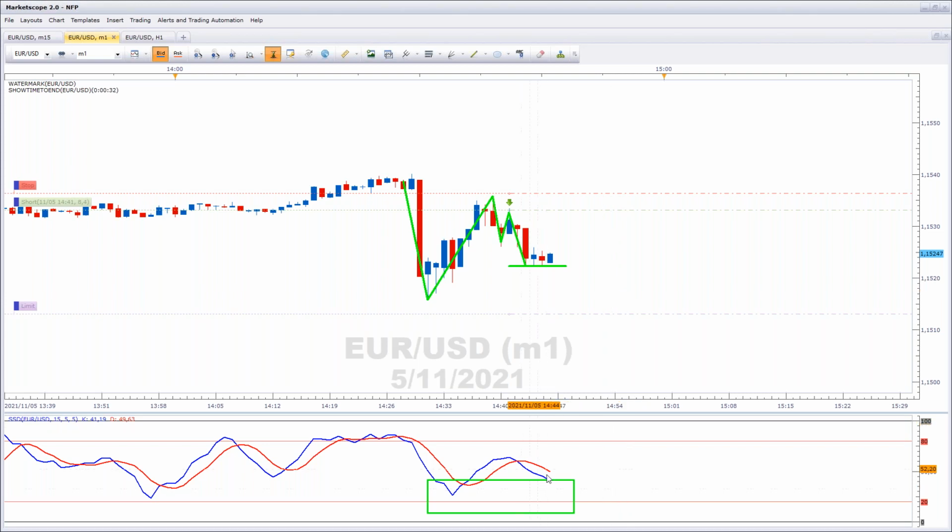And just keep an eye on that stochastic, because the bear's having another go at trying to take out that support, but it's been defended pretty well.